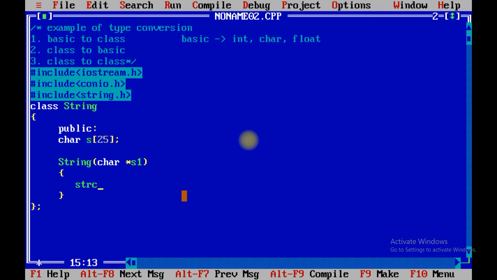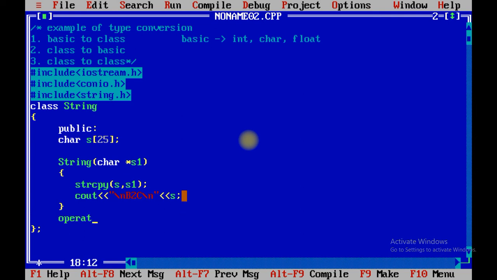Now strcpy(s, s1). cout, we are going to print \n basic to class, that is B to C, again \n, and we are going to print s.